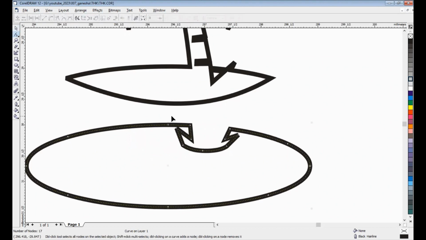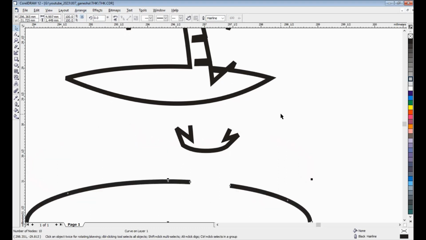Okay, now I will try to break curve apart. We will see like this. Divide by 2.